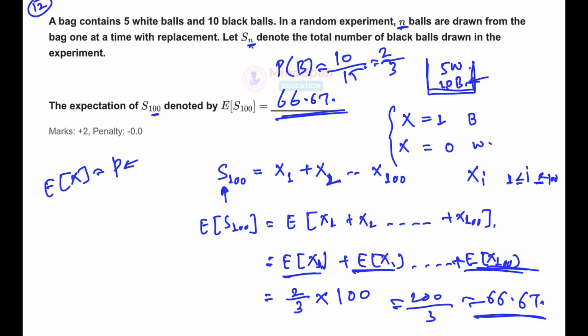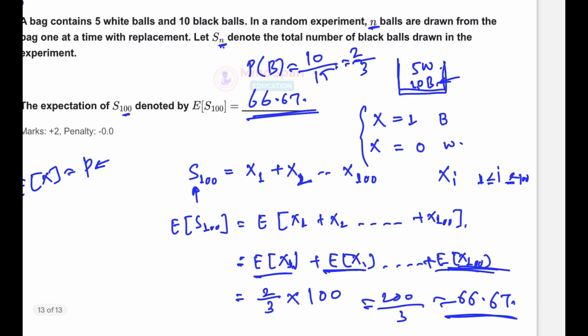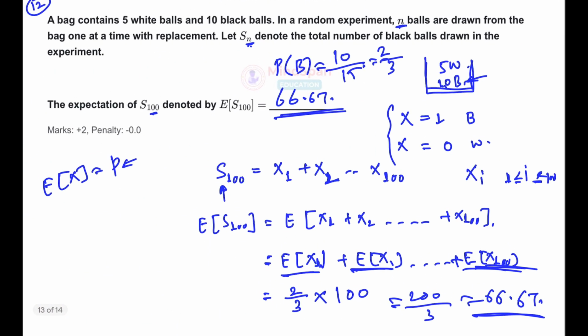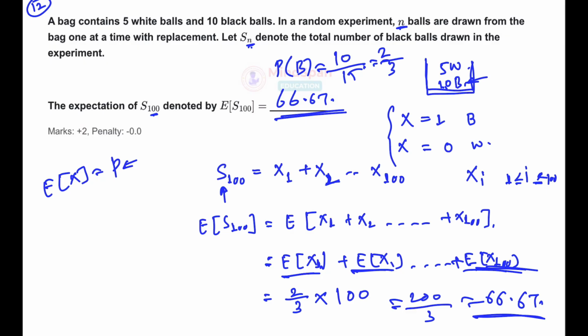Alright, so we have done multiple questions based on that. If you go through our lecture, if you go through our practice problems, then you will find multiple such questions that we have already gone through. Okay, I think that was all. So in the GATE DA 2025 paper, we have a total of 12 questions from probability.